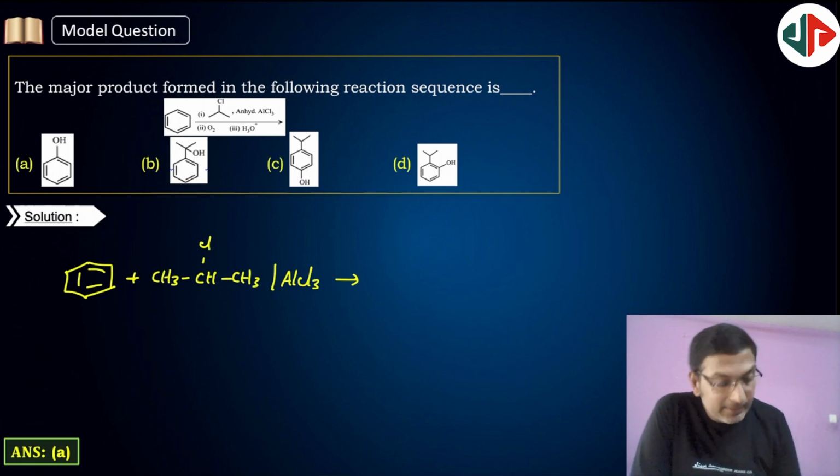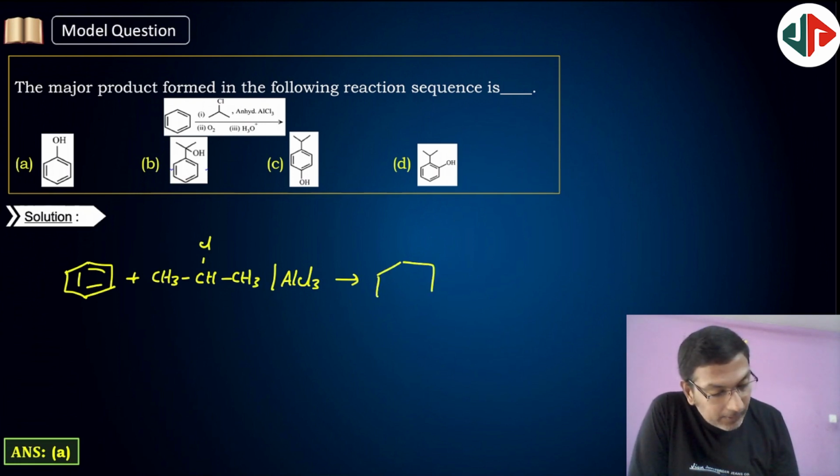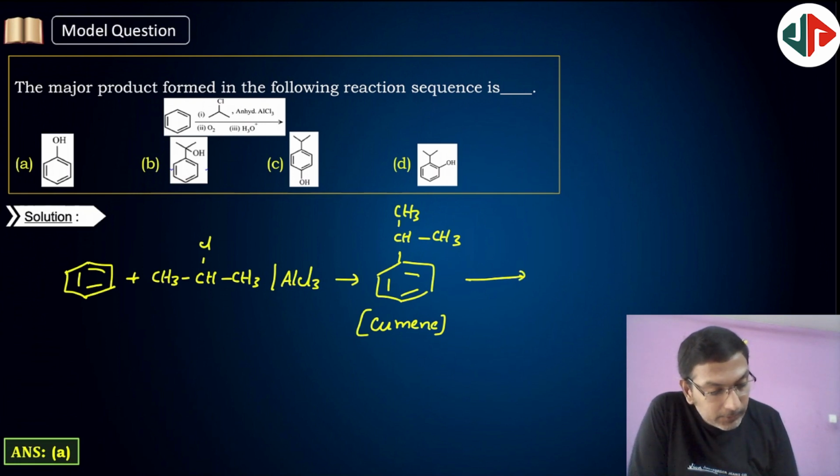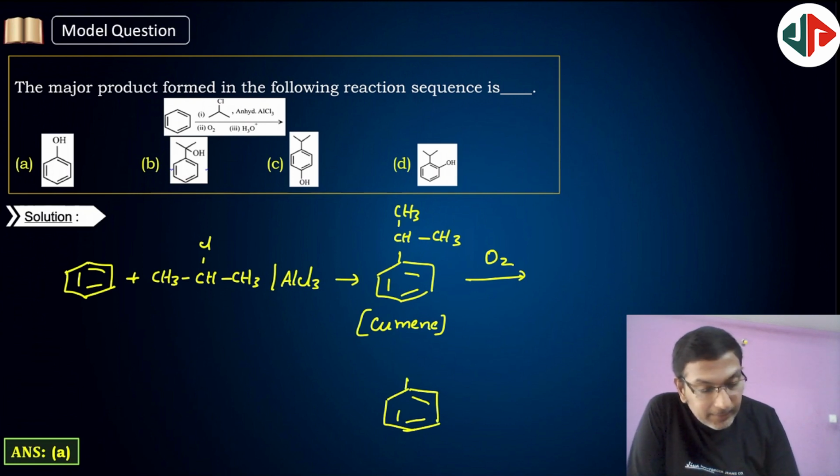So first it gives isopropyl benzene, which is known as cumene. Cumene, which on treatment with O2, that means aerial oxidation, gives